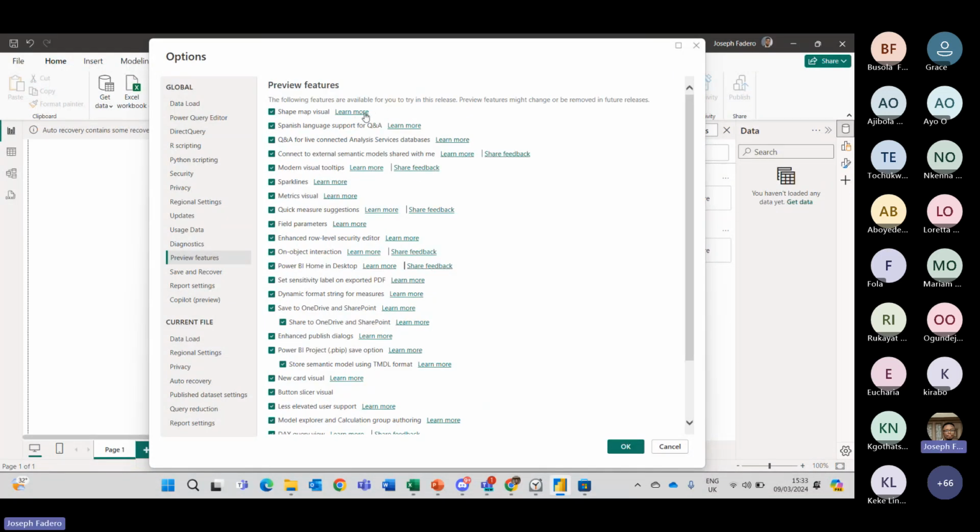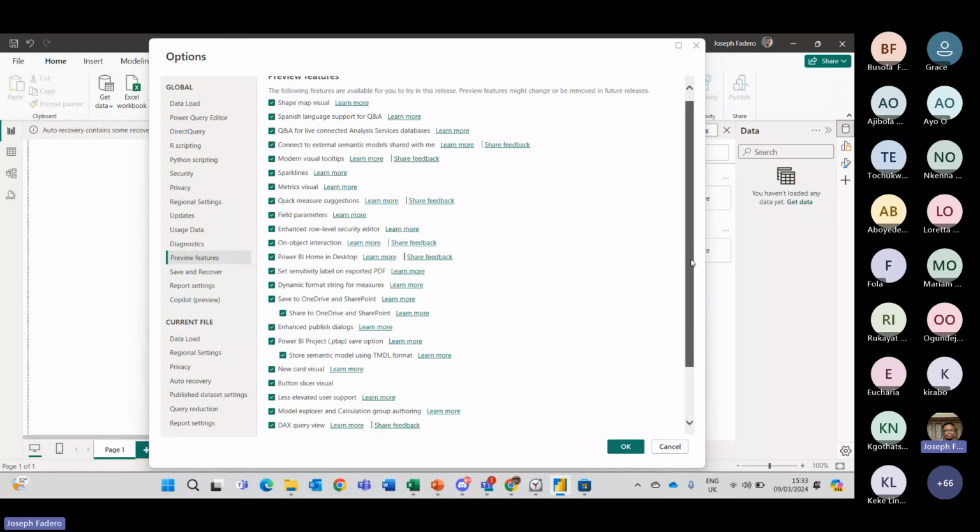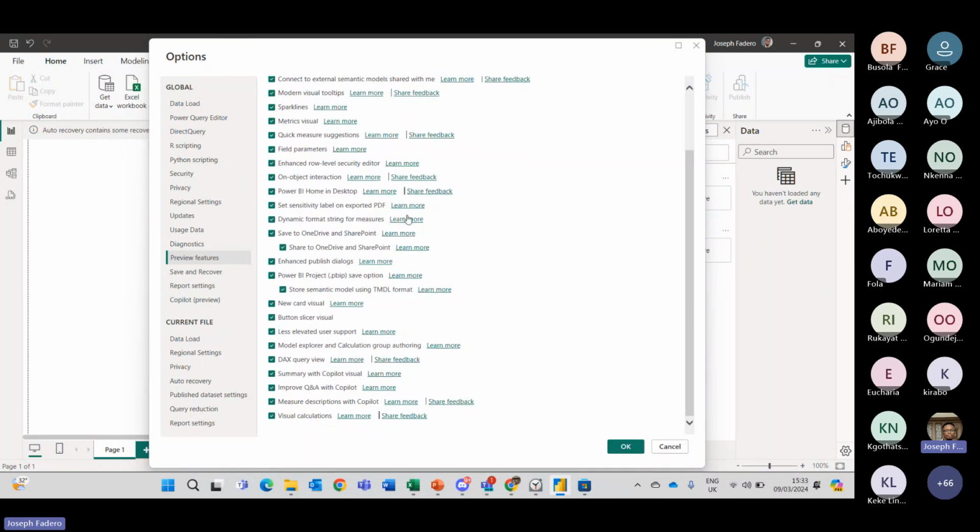There's a learn more section, so you can learn what they do before you turn it on or off. But the ones I would advise you to turn on because they are very useful are object interaction, your button slicer, DAX query view, and you can have this measure description with Copilot and visual calculation.